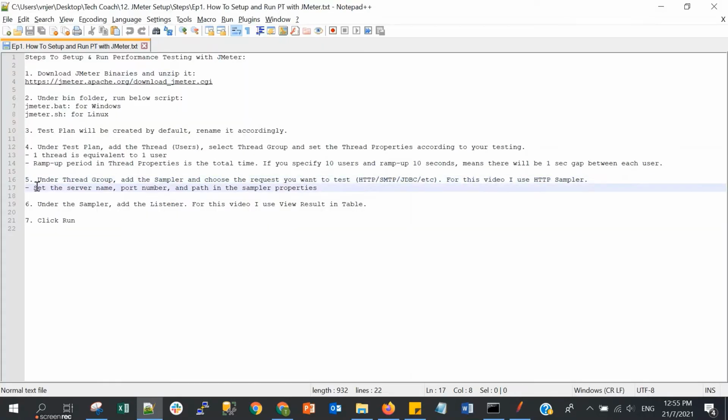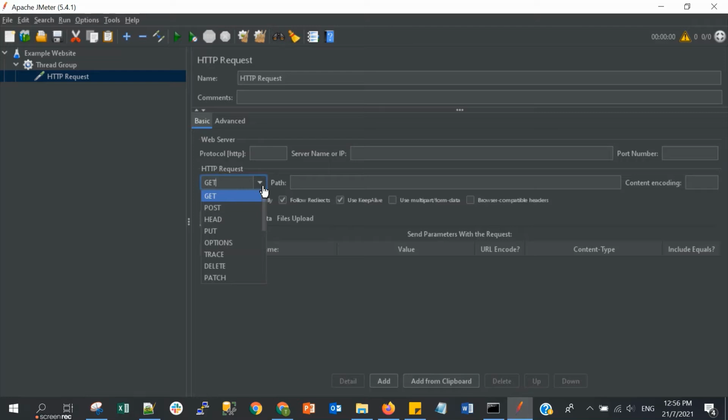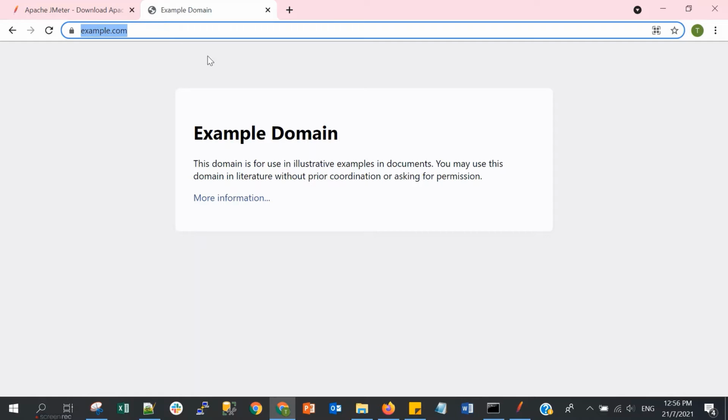You can see the note: set the sampler name, port number, and path in the sampler properties. This is basically the URL and all the details like protocol, port number, and the method of your HTTP if you are testing the HTTP sampler, which can be GET, POST, PUT, and so on. And this is the path. Okay, for my sample here I will use example.com.